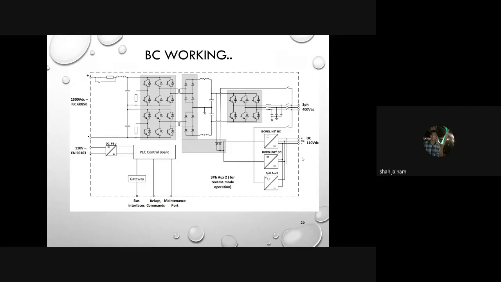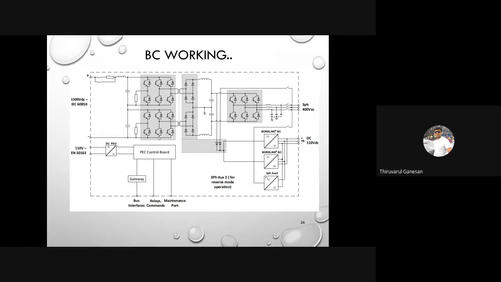Yes, sir. And I was saying, if we directly use the 1500 volt DC with a buck converter to get 110 volt, why do we use DC to AC and then AC to DC? The number of conversions increases and efficiency will reduce. Okay, yeah, I got your intention.